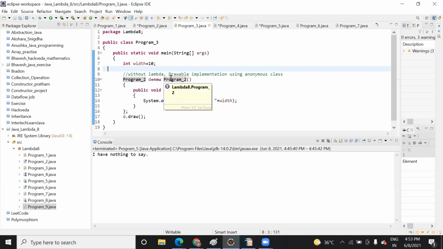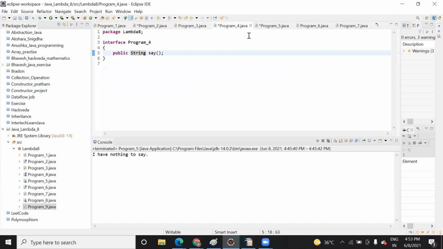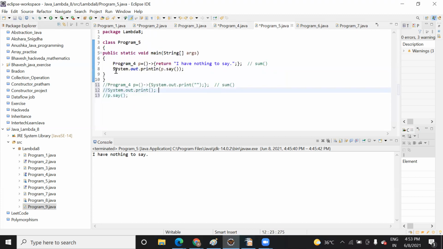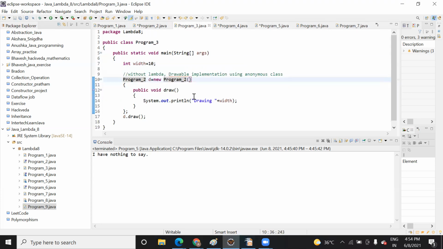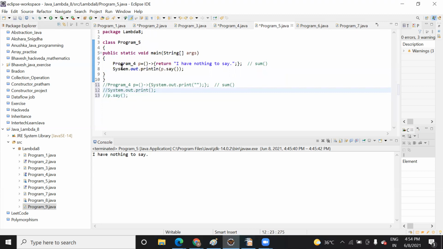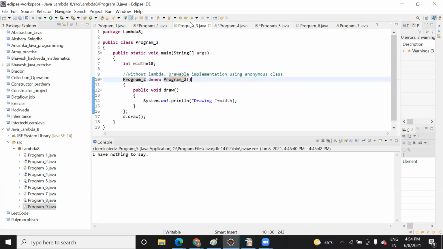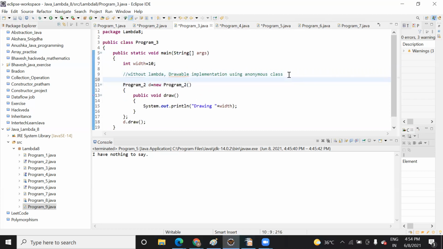This is the one without lambda. If you want to convert it into lambda, how are you going to convert it? That logic you will find in this program. Try to implement it when you run this. You just need to convert it into this form. This line you just need to edit, and then the whole program will be like that itself. So that's why I've added this code, so that you will get the difference between the two. Here you can edit.